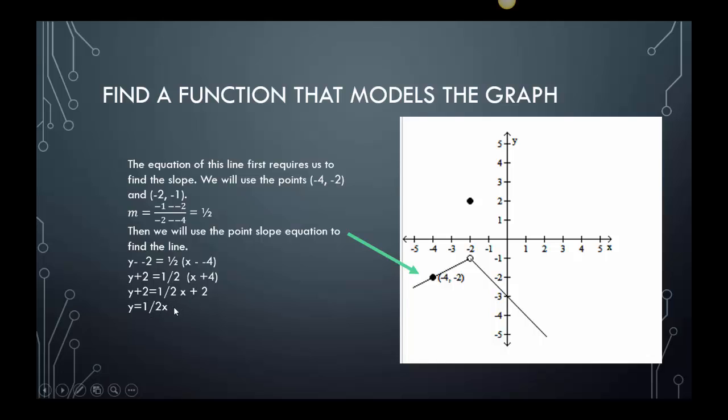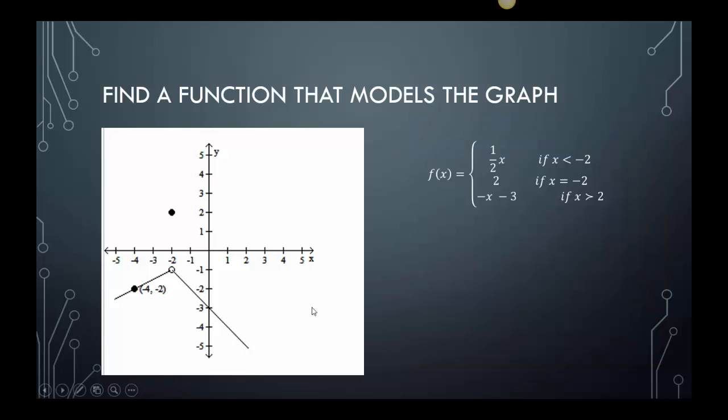All right, and if you pay attention, this happens for any number less than negative 2, so that'll be my condition. Okay. So here I just kind of put it back together. I hope you can see it okay. This is 1/2 of x when it was less than negative 2, so that was this part. Then it was just 2 when x was negative 2, and then on the right side, everything else was negative x minus